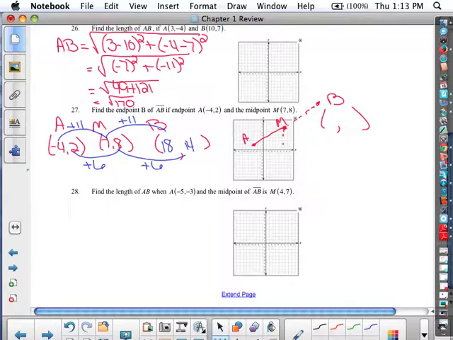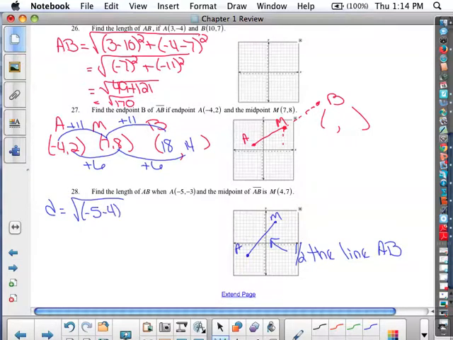If you know that A is at -5, -3, and M is at 4, 7, so that's A, that's M. This is half the line. A, B. So in order to get the whole line, you're just going to use the distance formula to find AM,